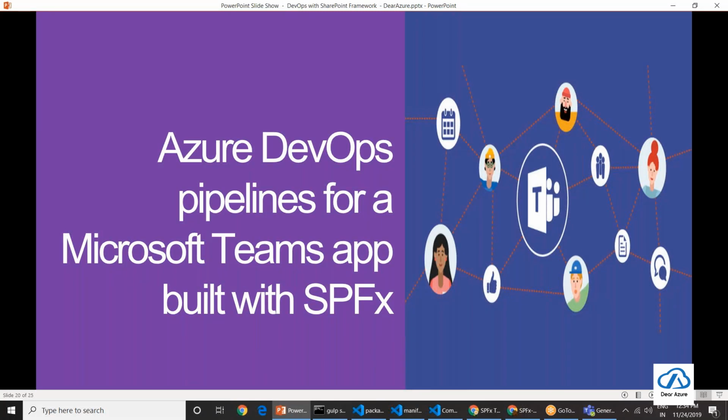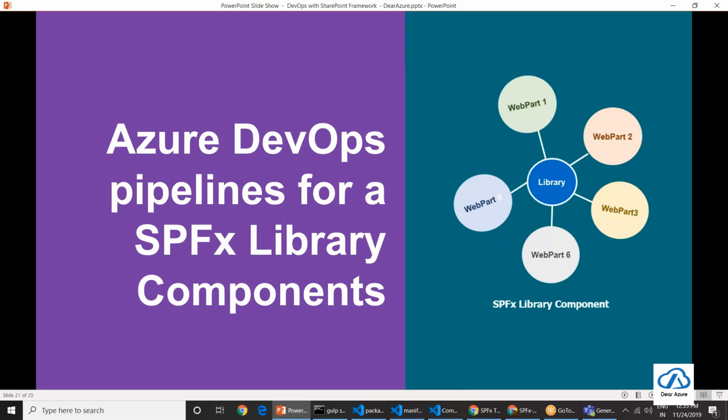We are already running over the time, but quickly in the next 5 minutes I will cover how we can set up the Azure DevOps pipeline for SPFx library components. So the library component is a new concept in SharePoint Framework released with 1.9.1. Earlier it was available with 1.8.0 as a beta, but right now with the 1.9.1 release, it is generally available. So we will see how we can use the